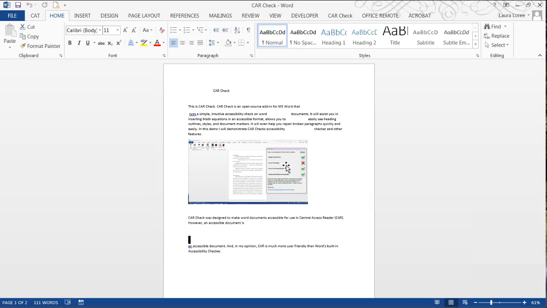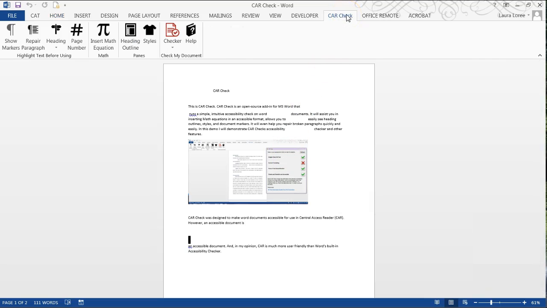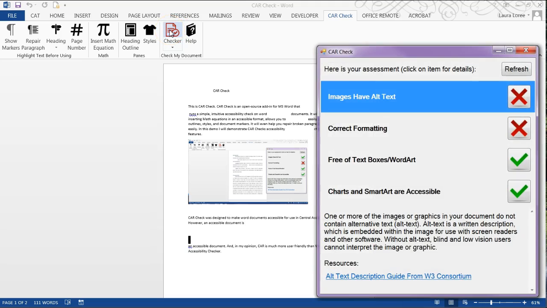First, click on the CarCheck tab at the top of your screen. Then click directly on the checker. A window opens up at the right side of the screen. Note that there are 2 red X's and 2 green check marks. The red X's indicate that there are accessibility issues. These 2 X's tell us that there are images without alt text and that the document is not formatted correctly